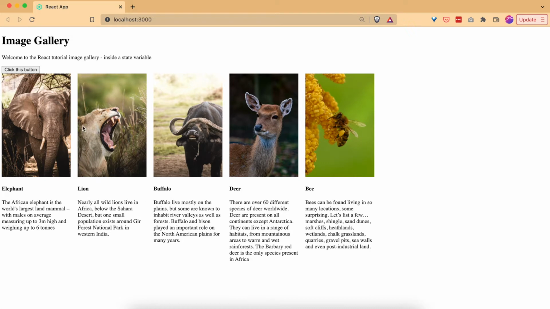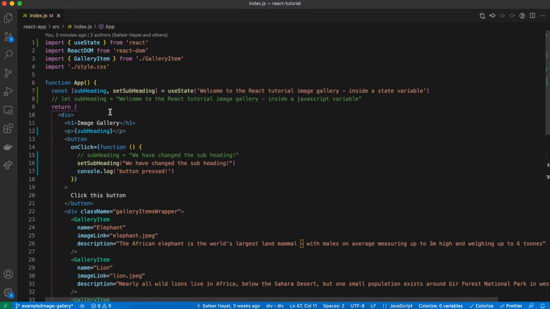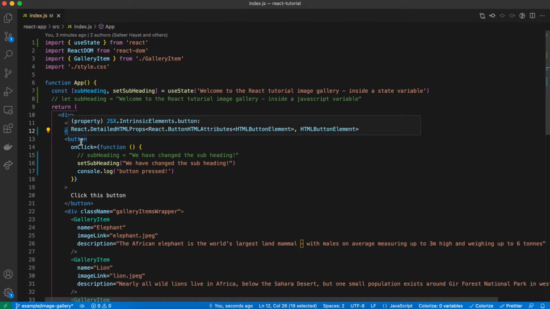So in the last video I demonstrated how, based on user events, we can change what's being shown on the page, and that's through state. We had this button that changed the subheading when you clicked on it. The way that we did that is that we created a state variable and we made our HTML based on that state variable, and we changed the value of that state